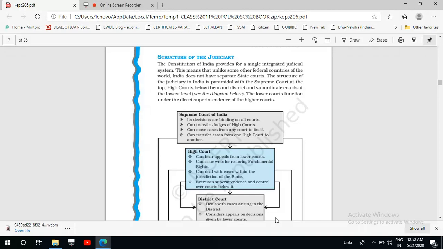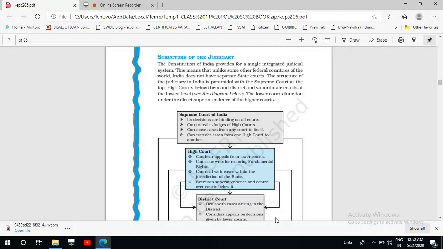The whole structure of the judiciary is integrated, and the structure of the judiciary is pyramidal. Okay, it's in the shape of a pyramid, and in this pyramid, the Supreme Court is at the top position, and